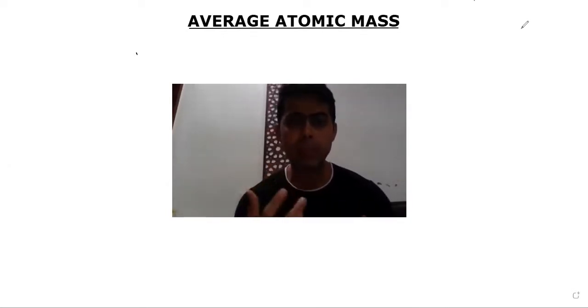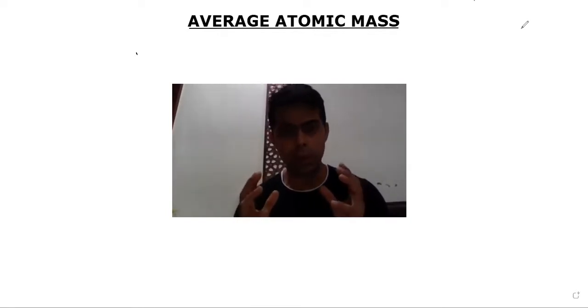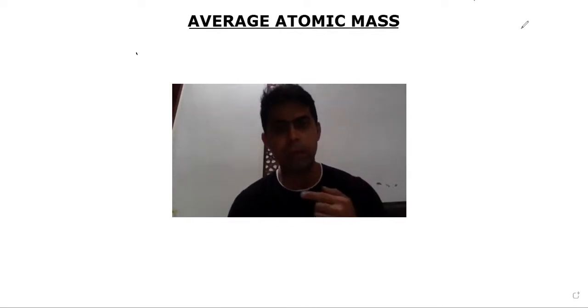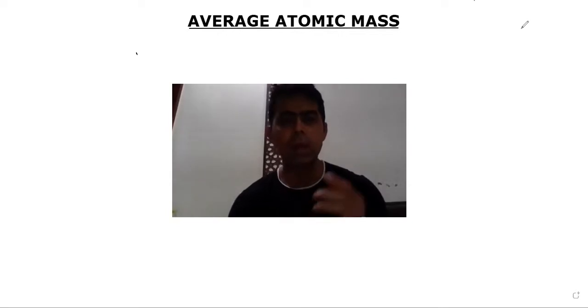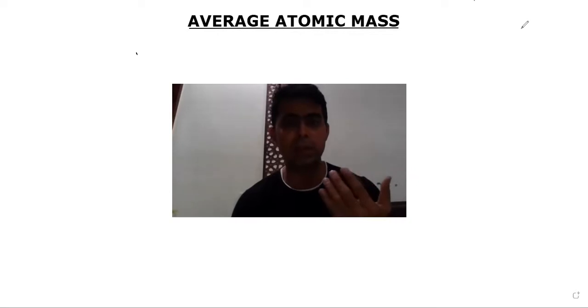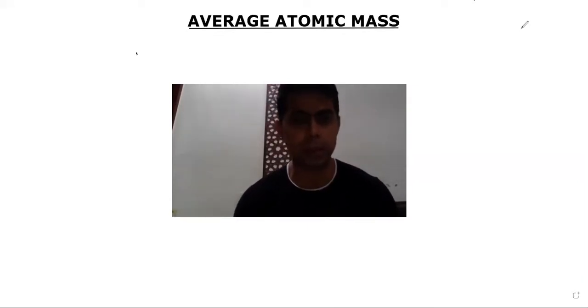Because with the help of a mass spectrometer, we actually come to know their percentage abundance in nature, their occurrence in nature. In nature, in what percentage do they occur. So if you take a mixture of chlorine gas, it will have chlorine with atomic mass 35, and chlorine with atomic mass 37. Then we add them into the mass spectrometer, and graphically we get a graph, that is the actual data, and we will come to know what the percentage of chlorine 35 is and what the percentage of chlorine 37 is.